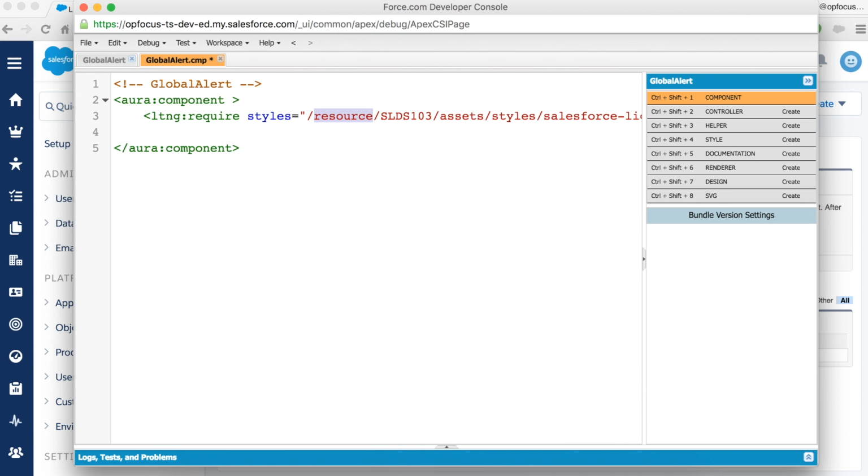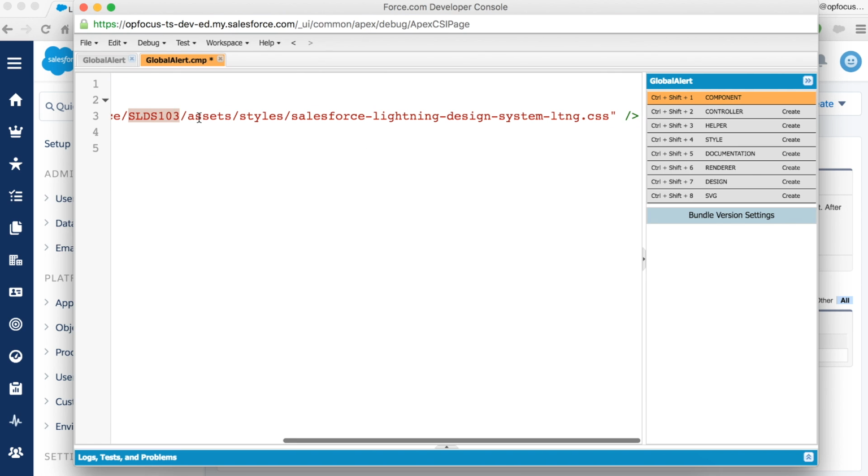So this is a resource within Salesforce, and that's all we can use right now. So you start with resource, and from here you have the name of the resource. As you remember, we called it SLDS 103. Everything after this is within the folder structure of the resource. So we have assets, then styles, and then this is the CSS file that has all the Lightning Design System